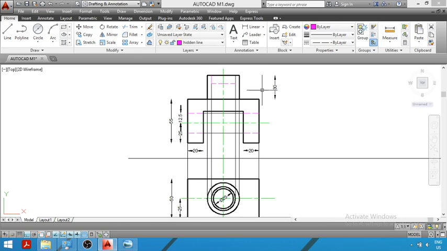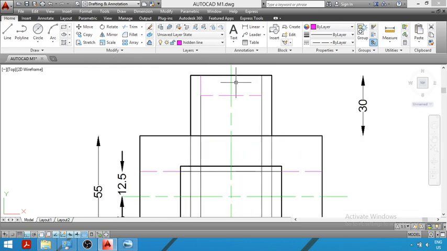You can see here, now I am showing the front view. Now this hole on the upper side is a hidden hole. So for showing the hidden hole we have to use dotted line. So first you will mark a distance or length of 10 mm from this point. You have already projected these two vertical lines. So now from this point to this point, the distance will be equal to 10 mm.